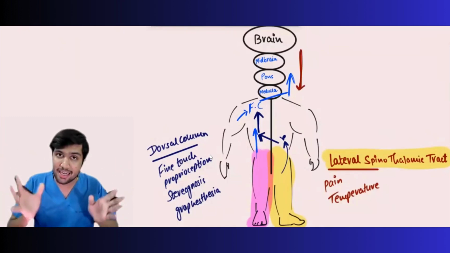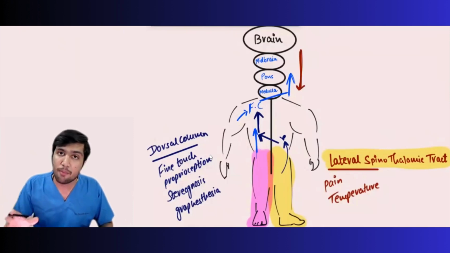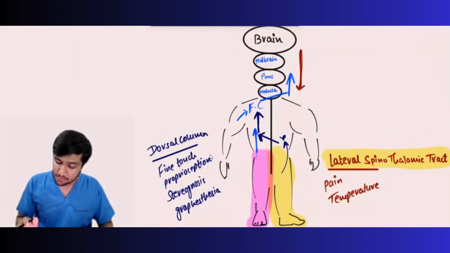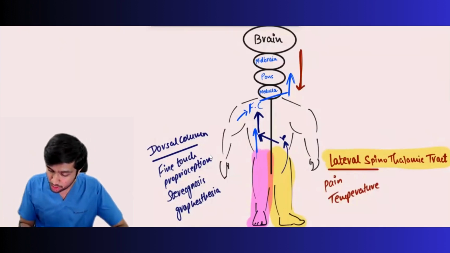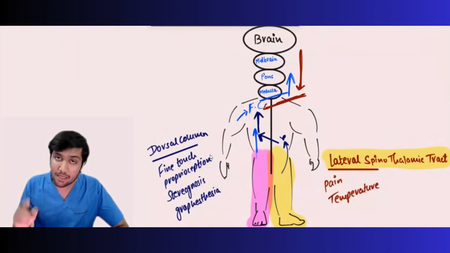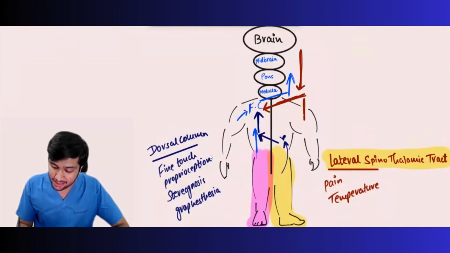forming the corona radiata, then the posterior limb of the internal capsule, coming to the medulla. Here, the corticospinal tract will form a pyramid-like structure, and that's why the corticospinal tract is also known as the pyramidal tract. Now, in the medulla, 80 to 85% of the fibers of the tract will decussate and go to the opposite side, forming your lateral corticospinal tract. And those 10 to 15% that don't decussate and keep going downwards ipsilaterally form your anterior corticospinal tract,